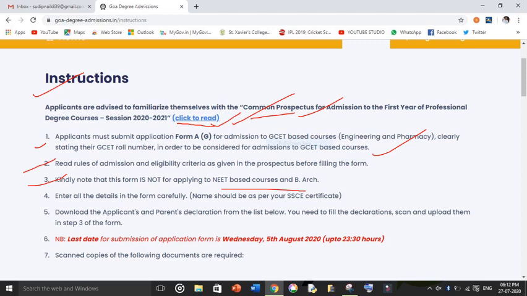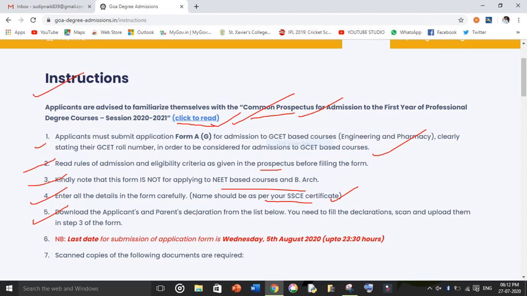All the rules of admission and eligibility criteria are given in the prospectus. Fourth thing, it says all the details you write should be as per the SSC certificate. So keep that SSC certificate around you so that you don't make any mistake while filling the form. Fifth thing, download the application. Everything is repeated afterwards again, so I will tell you all that.